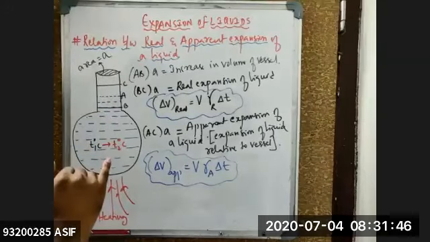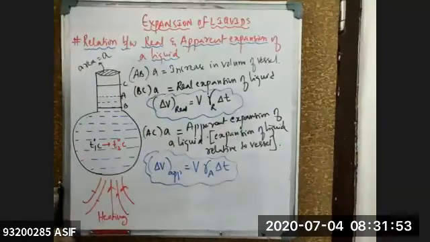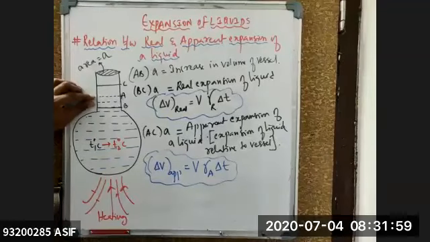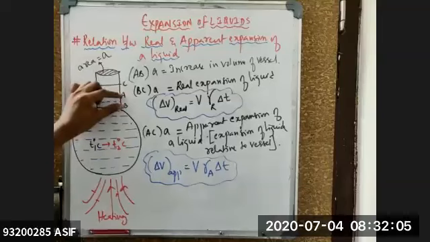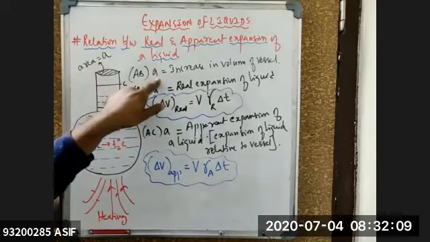That means A to B is nothing but what? Drop in the liquid. I can say that A to B is nothing but the increase in volume, that much being the increase in the volume of the vessel. That is the reason AB is length into area, which is volume. So that is the increase in the volume of the vessel.